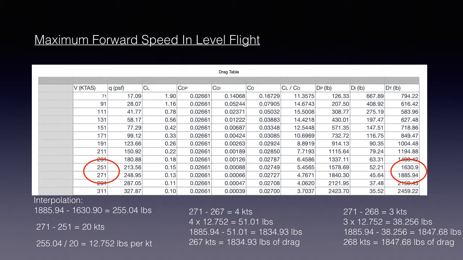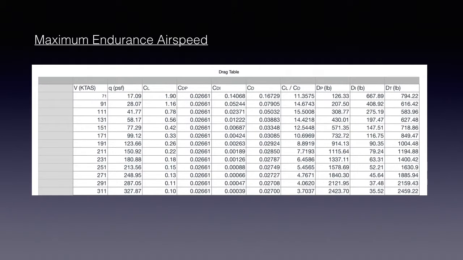So next up, let's look at the maximum endurance airspeed. Okay, so again, we're going to go back to the drag table to calculate the maximum endurance airspeed. And if you look in the book, they describe the maximum endurance airspeed as LD max. So we've already calculated this for the PC-12 during the last module. So we need to come in at the coefficient of lift over the coefficient of drag column and find the biggest number there. So we have